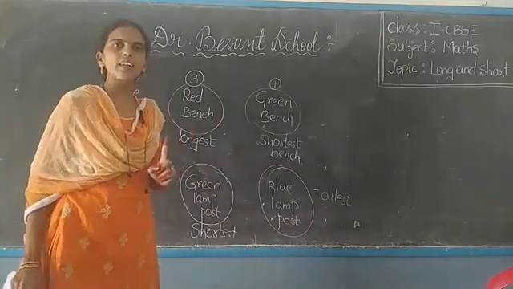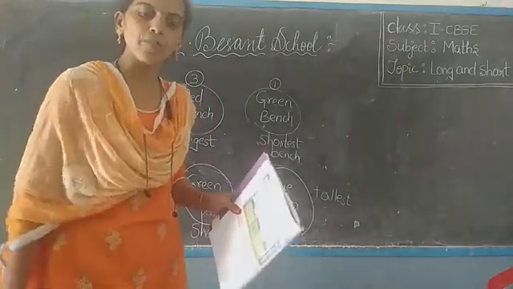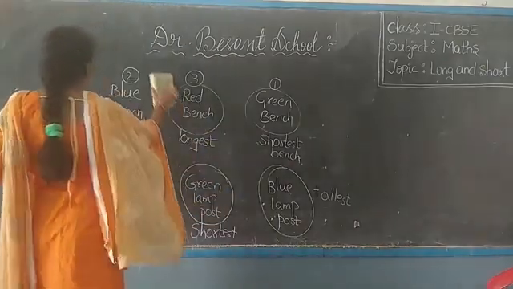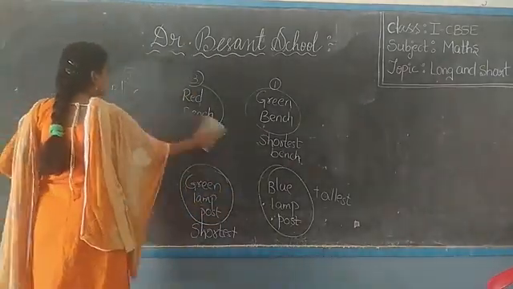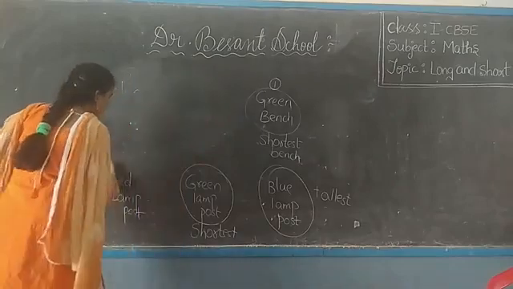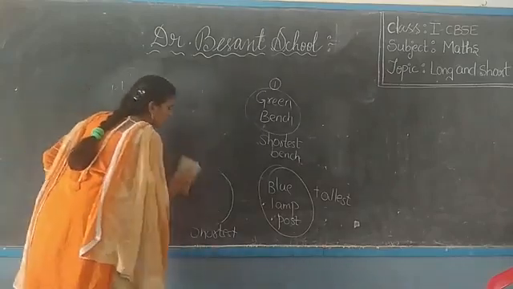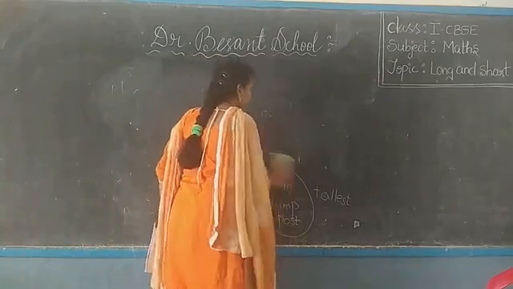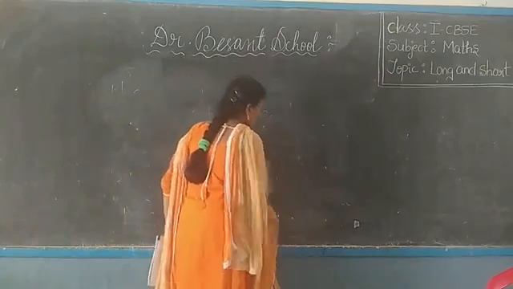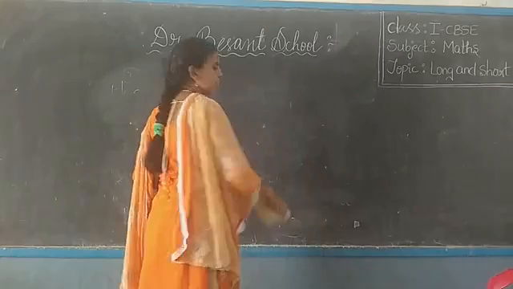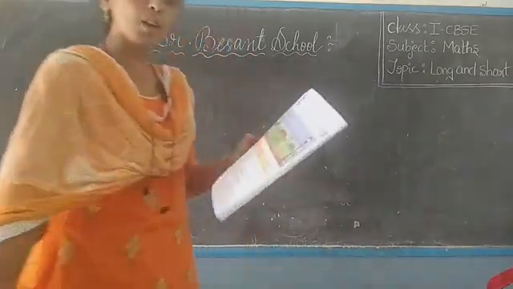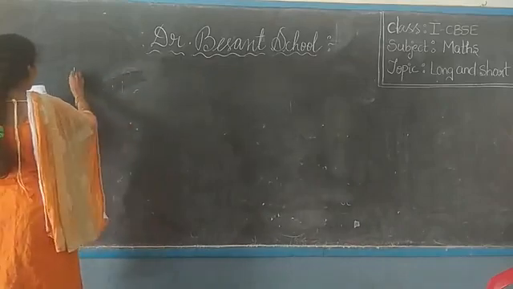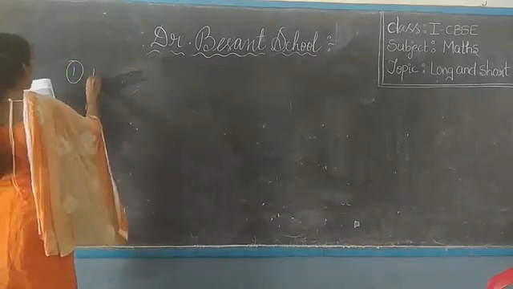Am I clear children? So based on this, we are going to answer the fill in the blanks given for you. So I am giving the answers, children. You can easily copy into your studio books. Okay. So children, let us go for this exercise now. Now, first blank, what they gave for us. See your studio book. First one, first fill in the blank. What they gave?